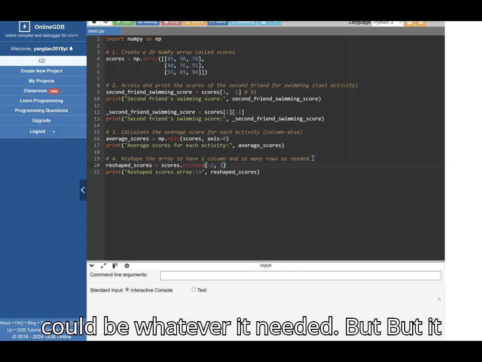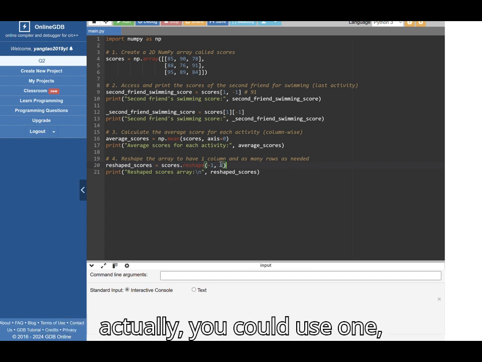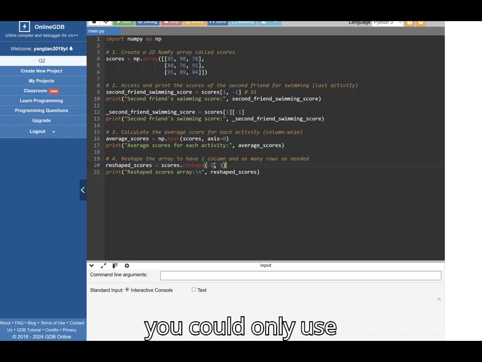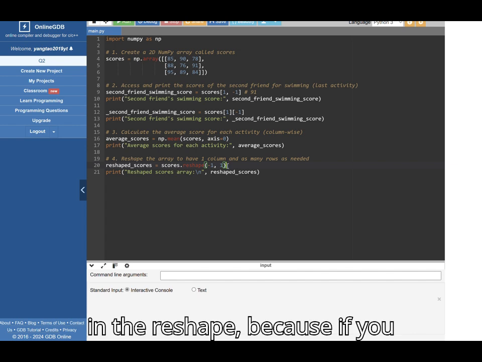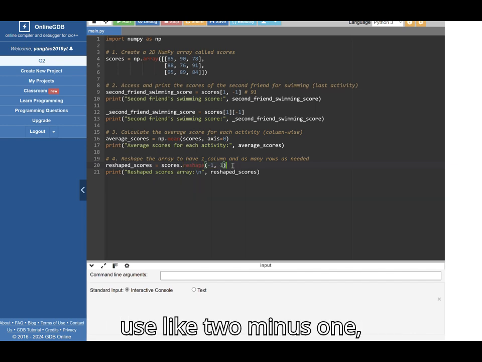But you could only use the -1 once in the reshape, because if you use it twice, it cannot